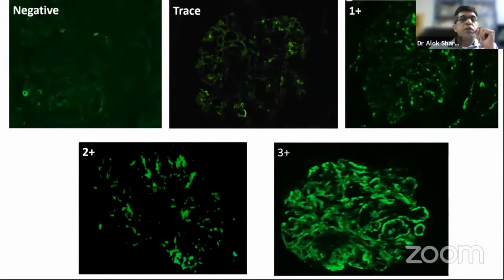So this composite picture will just give you an idea of how you use the negative to 3+ immunofluorescence grading. Negative, you won't see any immunofluorescence. Trace, the intensity as well as the distribution in this case is very light. If you go on comparing 1+, 2+, 3+, the intensity and usually the distribution of the immune complexes gradually keeps on increasing. This is the way you will quantify most of the immunofluorescence staining patterns. Whether it is capillary wall, mesangial, whatever, the staining intensity has to be uniformly scored.